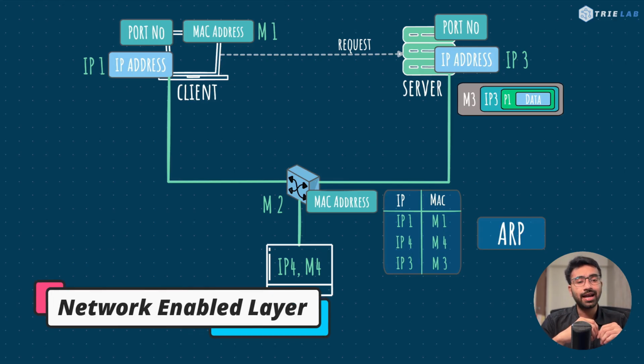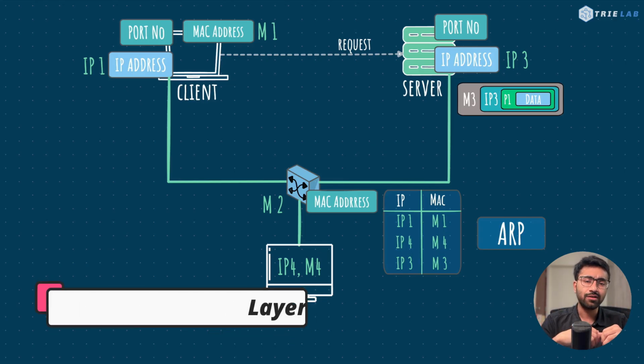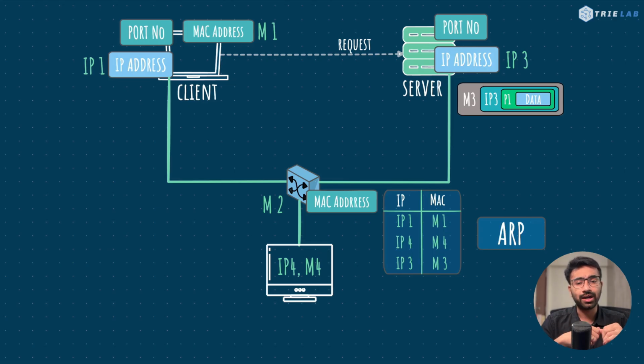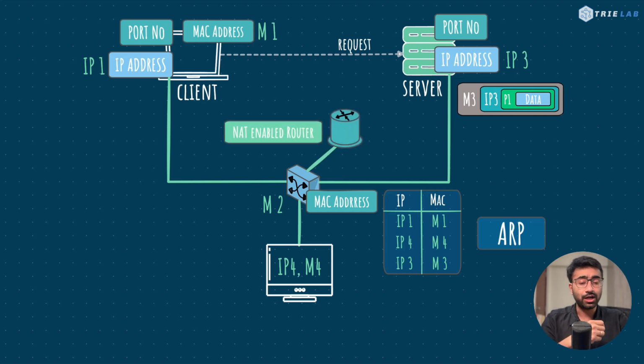We understand now how data communication in a local area network works. With that said, the clients and the servers in this local area network will probably have a local IP address assigned to them. What if the client wants to send a request to a public IP for a server probably in a different continent? In this case, the switch will probably be connected to a NAT enabled router, and whenever the client sends a packet to the internet, the NAT enabled router will update the source IP address with a public IP address, which is generally provided by your ISP, and will then forward the packet. So the NAT enabled router works as a proxy between the local area network and the internet.